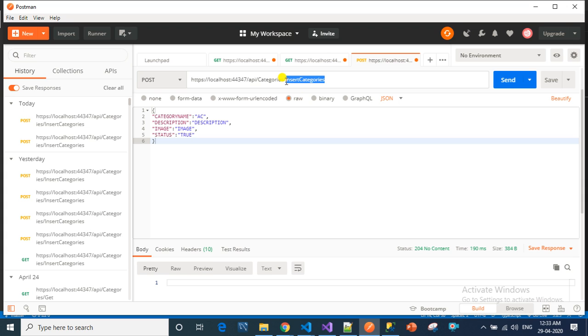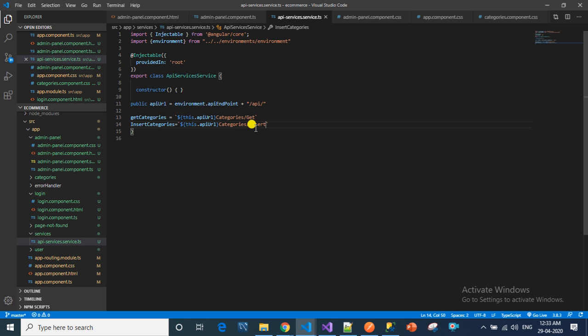Our method name is insert categories, so we have to write this here.